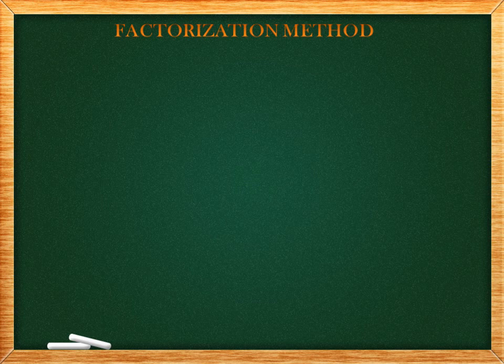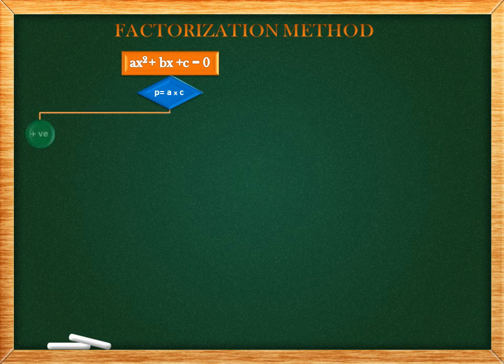Let's see this method with the help of a flowchart. Our quadratic equation is of the form ax square plus bx plus c equals 0. The first step is to find out the product of a and c. Let it be any number p. Now if this p is a positive number, then we will factorize it and find out any two factors r